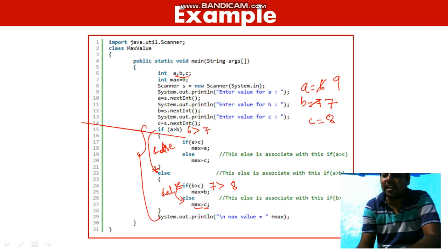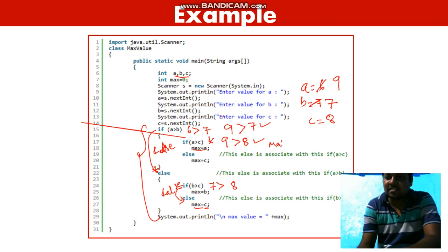The if condition will be like that. How will it be executed? We just changed the a value. Now you can see, first we check a greater than b: a value 9 greater than b value 7. Yes, the condition is true, so we enter here. And we have another if statement, a greater than c: a value 9 greater than c value 8. Yes, the condition is true, so max is equal to a, and the maximum value is assigned the a value 9. Again we change the value of c and check. Now the value of c is equal to 10. At that time, what will be the output?